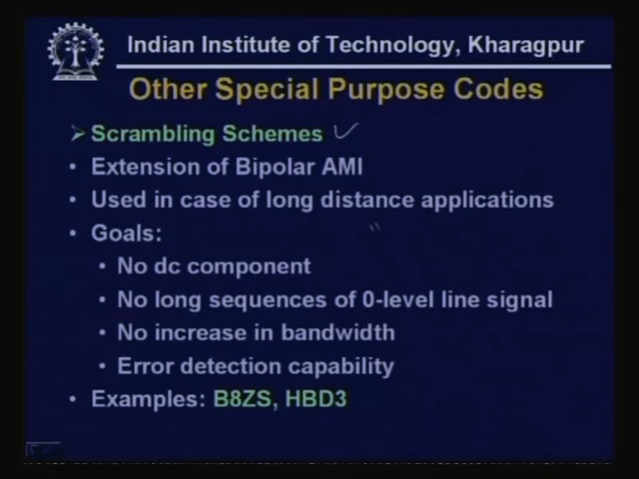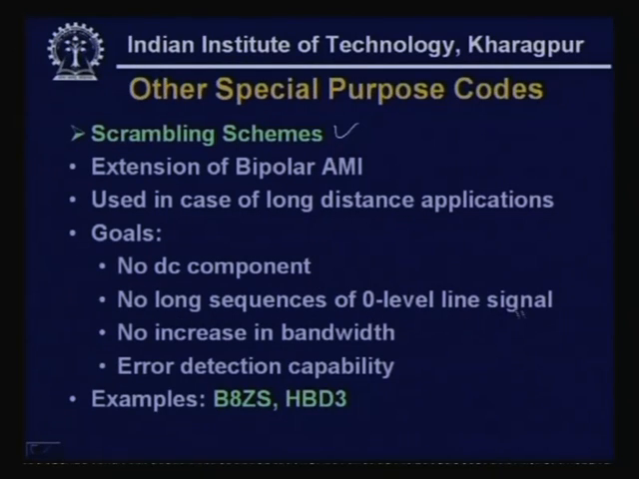When it is for short distance communication like a local area network, then bandwidth is not really very important. On the other hand, whenever we are sending over a long distance, bandwidth has to be very judiciously utilized. In such cases, we shall go for this kind of special scheme and try to develop better utilization of the bandwidth. Some of the characteristics of these special encoding codes are: no DC component,